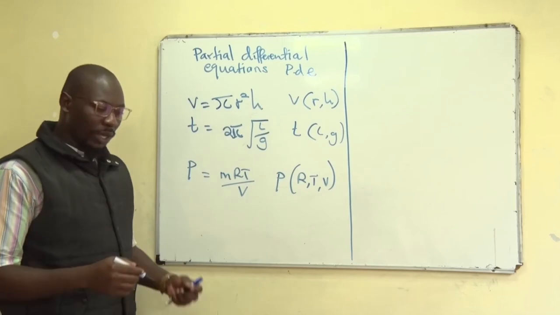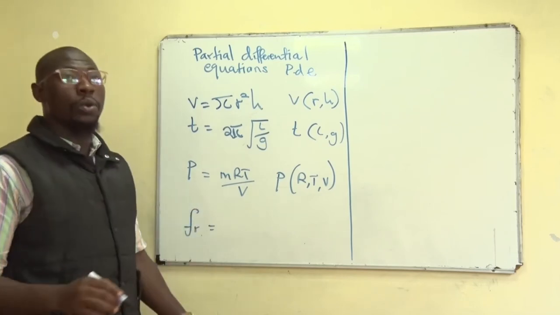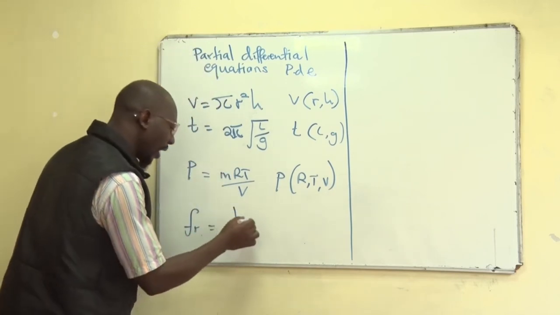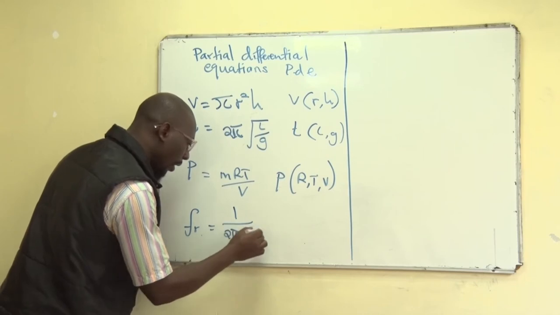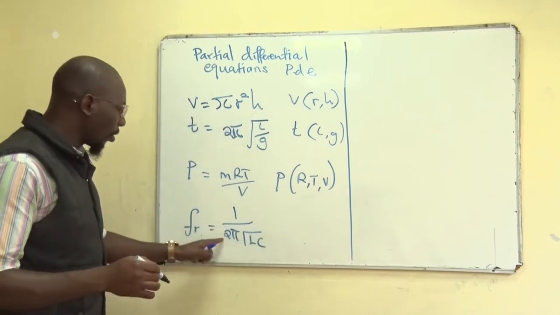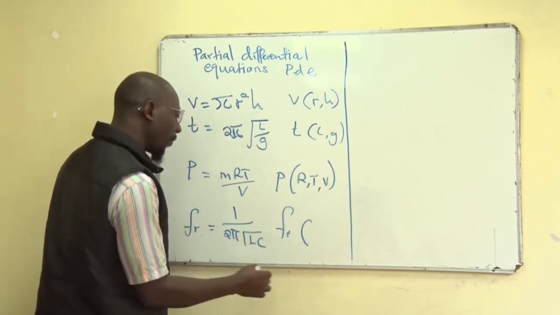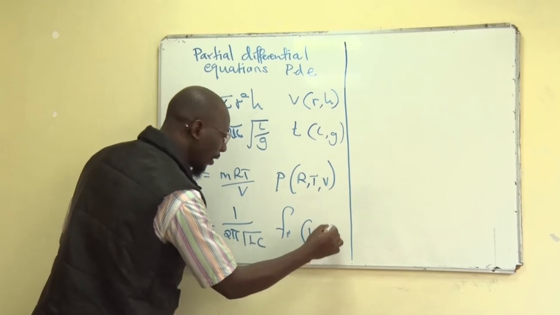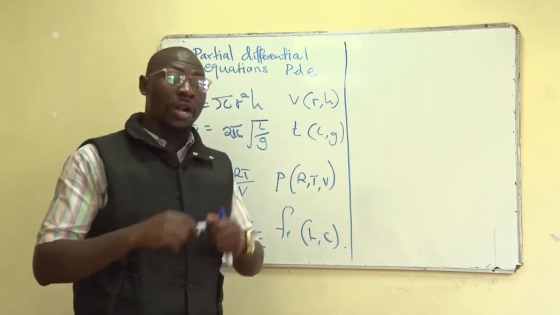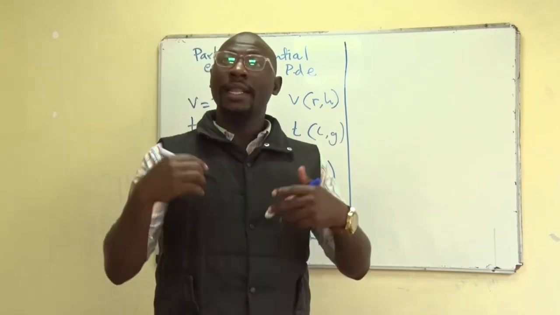Another case is the resonant frequency, which is also a function of multiple variables. Given that resonant frequency is given as 1 over 2 pi the root of LC. So in this case, 1 and 2 pi are constants. So resonance frequency varies as two variables, that is L and C. After knowing the examples of partial differential equations, we now need to know how to get their derivative.